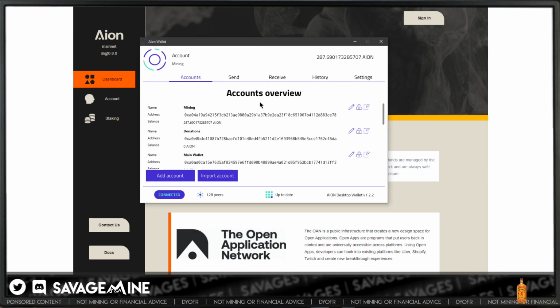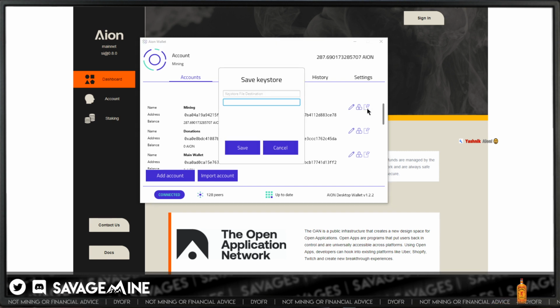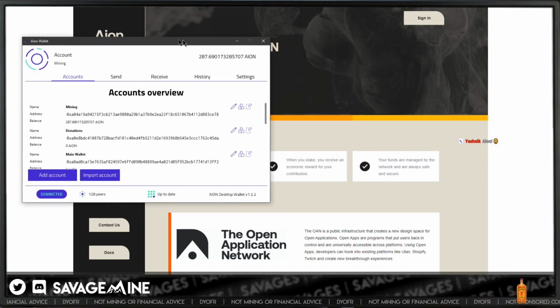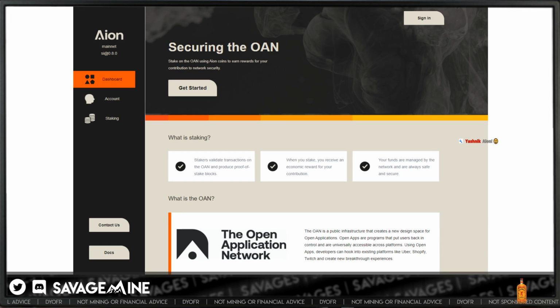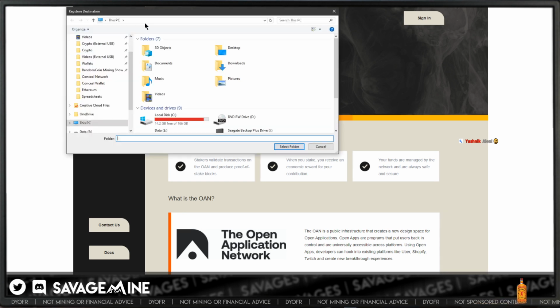So what we have to do is export our Keystore, which I already have, but I'm going to do it again. So you click Export Keystore. Let me cancel this. I'm going to pull it off screen because I know that opens up into some crazy stuff there. So let me try it over here.